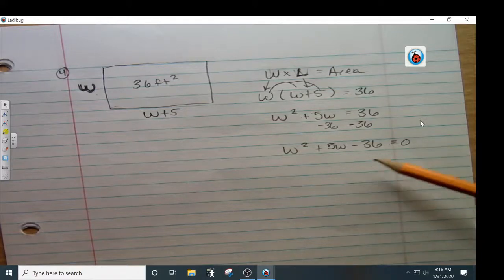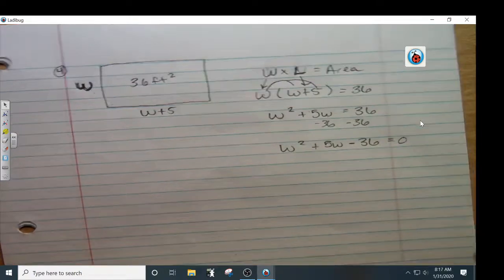So guys, tell me some ways I can solve this. We've been doing this the last few days. Just quadratic formula, you can factor. Let's do quadratic formula since quadratic formula will do anything, okay? So now,